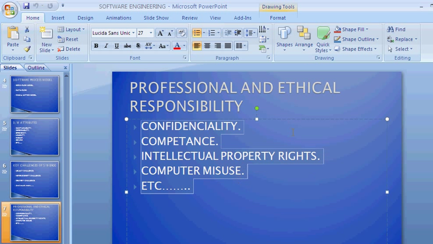It covers the responsibility or ethical responsibility of the development team, the entire software engineering team, for the best software to come out. Confidentiality,